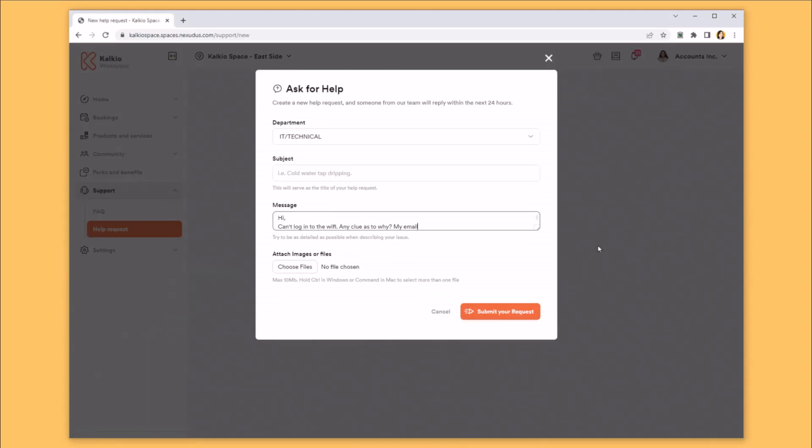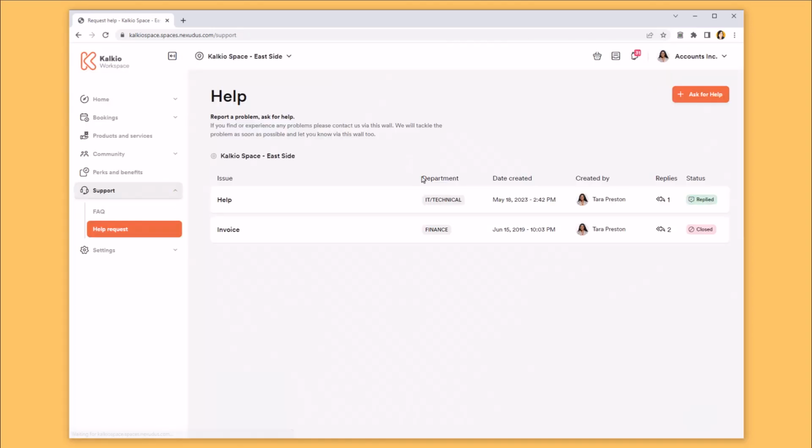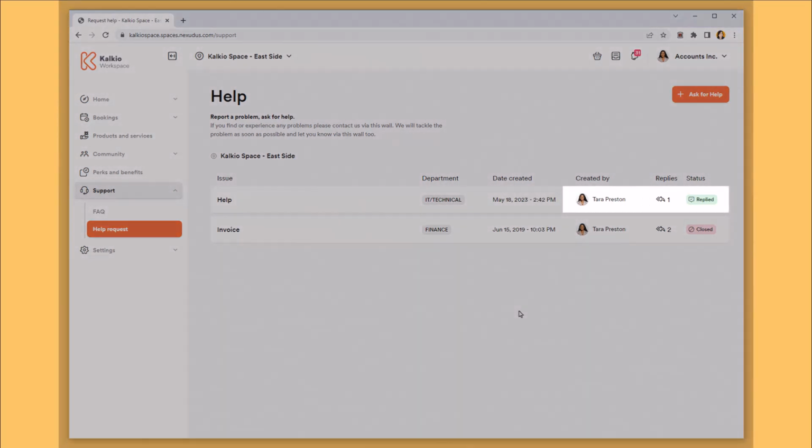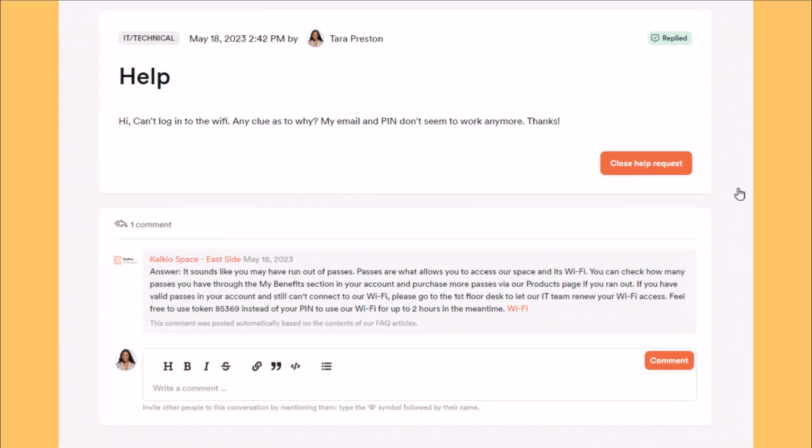The customer would just fill out their help desk request and just submit it. Normally, without OpenAI, they would have to wait for an admin to check it and give them an answer. But with OpenAI, they can get an instant reply. If they open their request and check the reply, they can see some information about how to troubleshoot their Wi-Fi, as well as a link to the Wi-Fi FAQ page so that they can find more information if they need to.